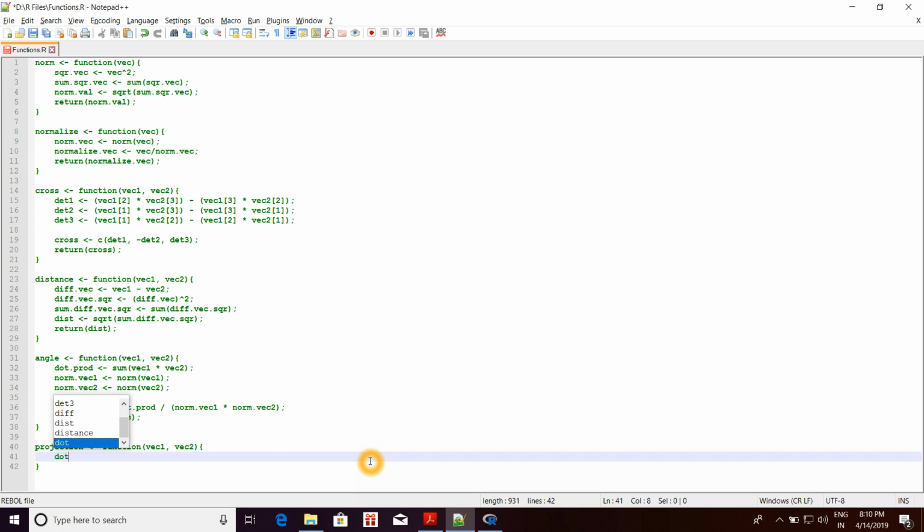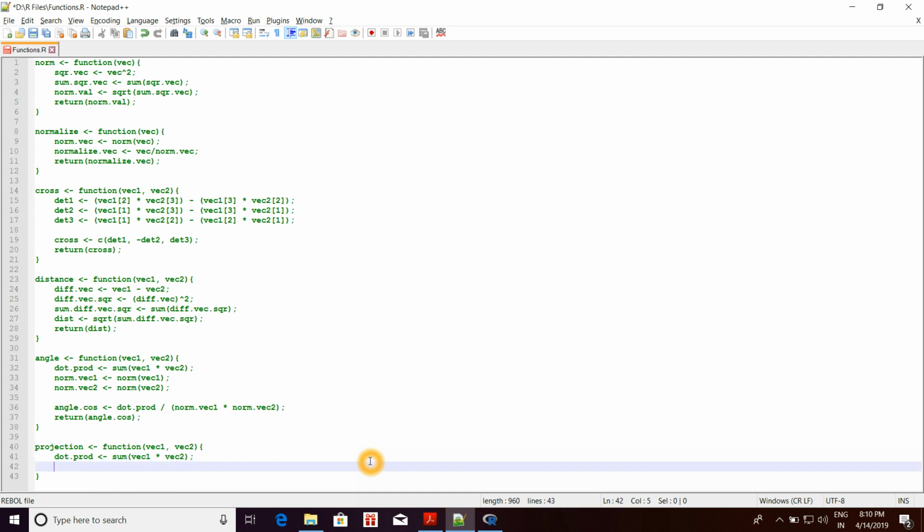So the dot product first will be same as above, sum of vec1 into vec2, and then we divide it, equals to dot product divide by